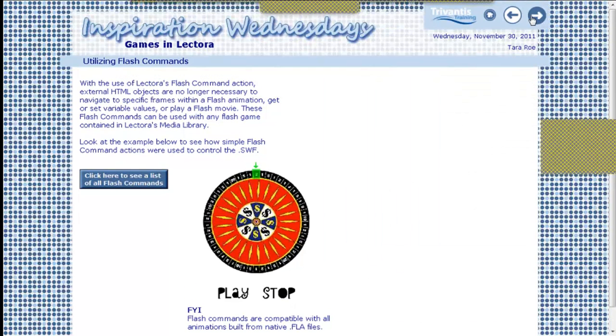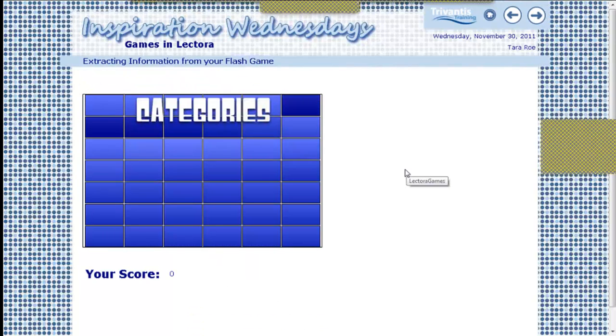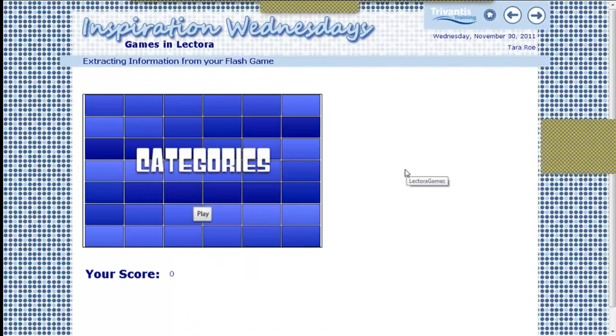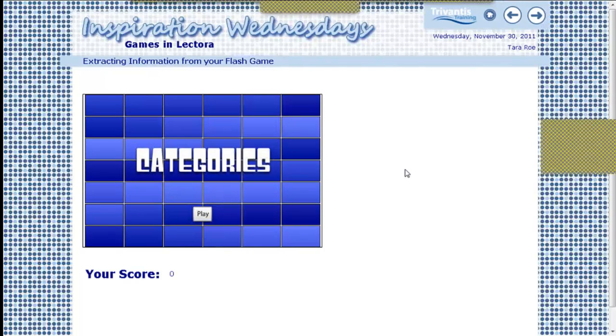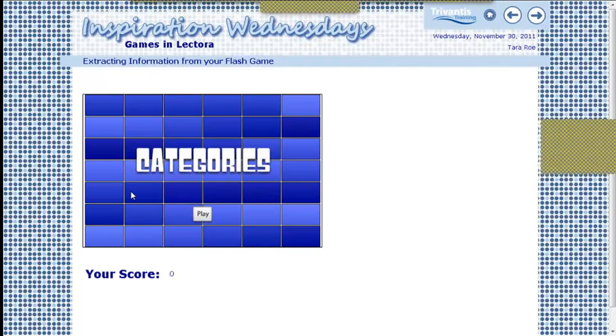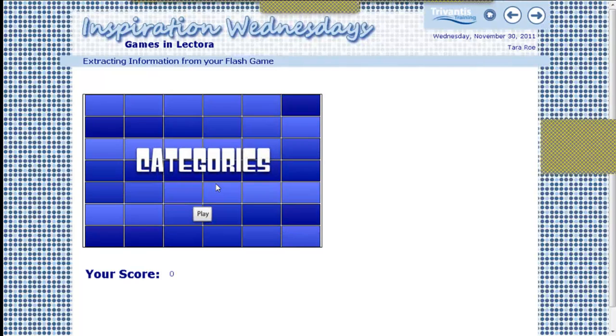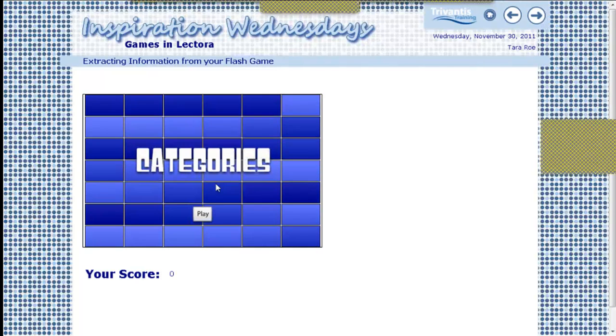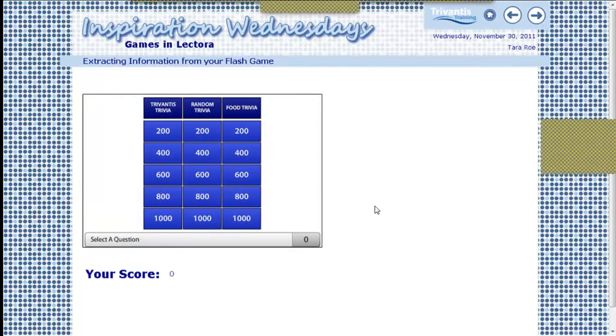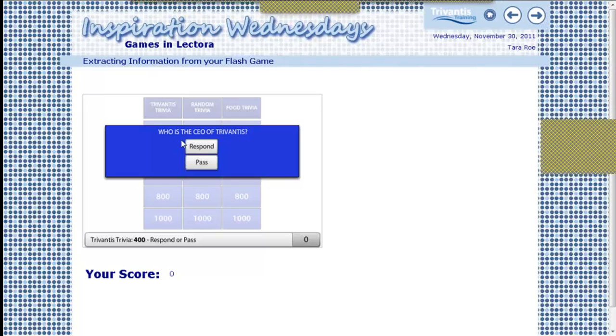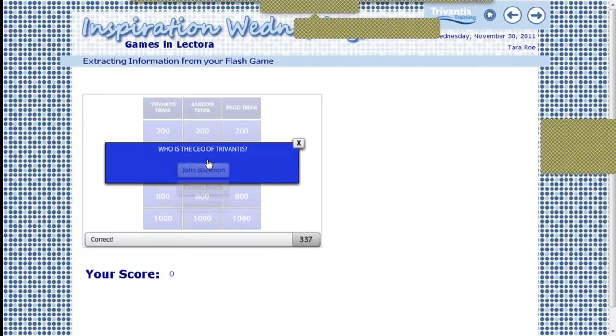So let's take a look at how we can apply these Flash commands to a game that we've included within our title that was from Lectora's media library. So remember, this is a Flash animated game. It's available for you at any time in Lectora's media library. What I've done here is when the user plays the game, I want to extract their score and simultaneously display it outside of this game and display it on my page level. So as my learner goes through and answers some of these questions,